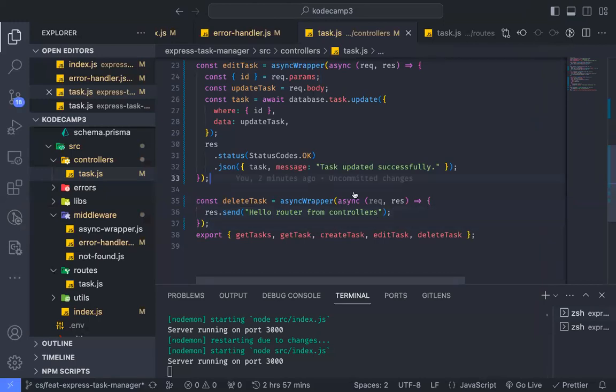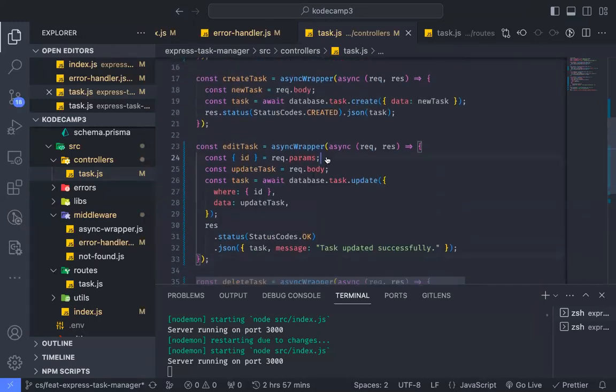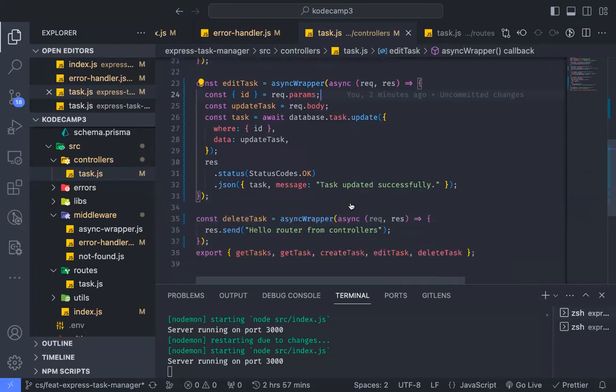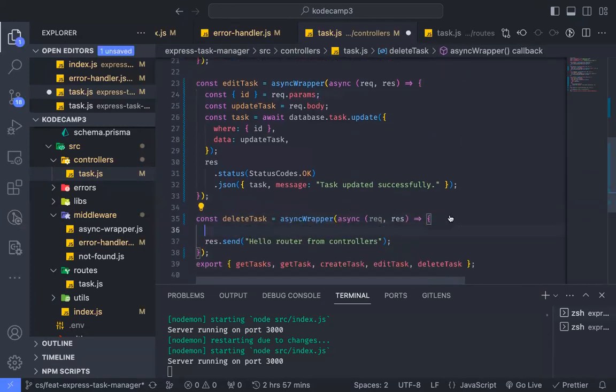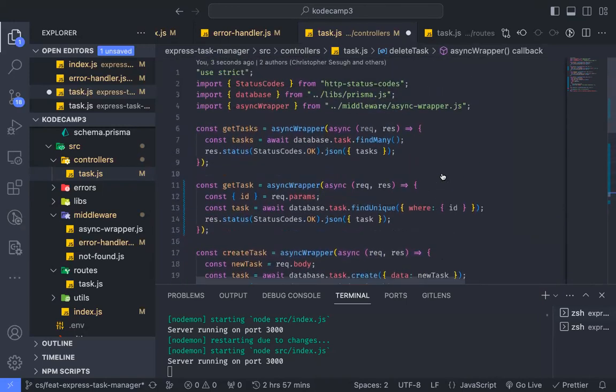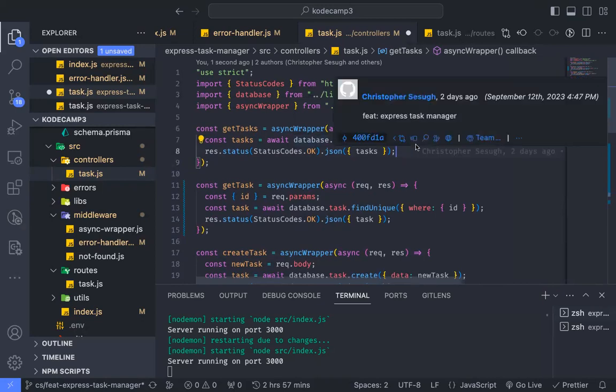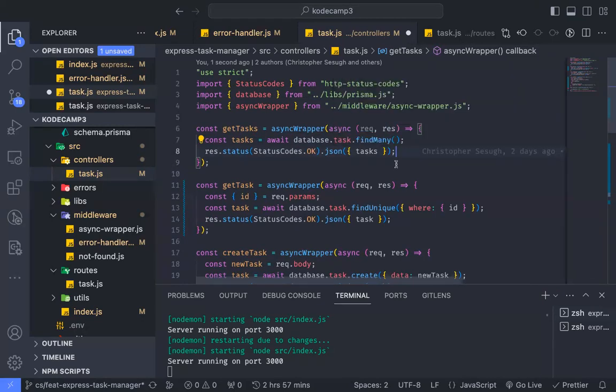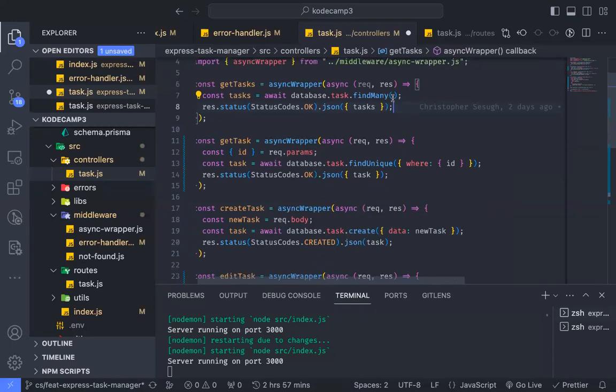Okay, and we'll go to delete our task. The same thing, we get the ID of the task because we can find the task by its ID and then we delete it. What you have to pay attention to is how we're using Prisma. Here, we want to fetch all the tasks. We fetch tasks, go to our database task of find many. Find many, that is to fetch all, to find all. But you can specify, we later add some arguments to this find many function,